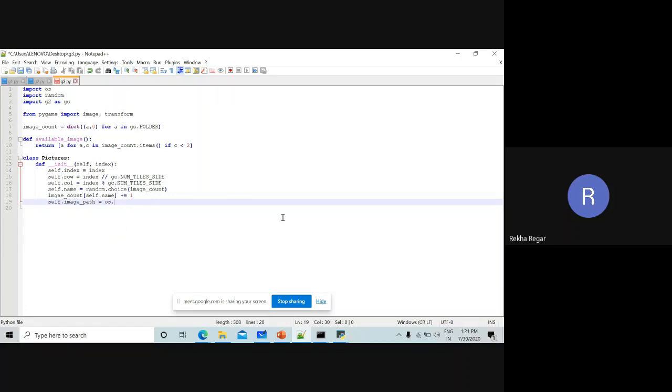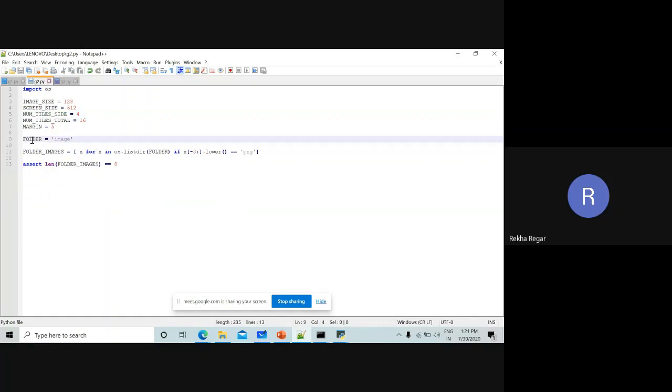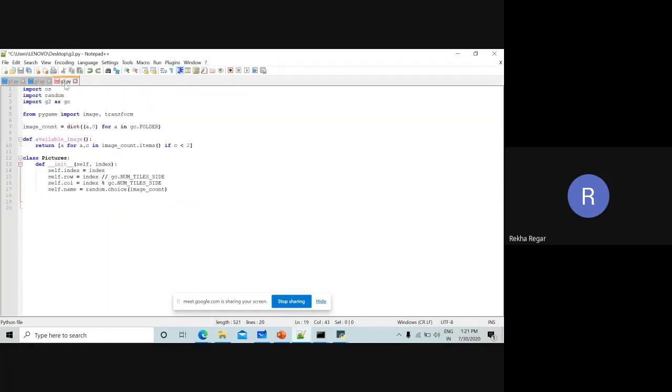So os.path.join, and whatever the folder we have inside this gc. So inside the gc what we have, the name is the folder, so we just write down the folder here, folder, and whatever the name we have for that one, so self.name.